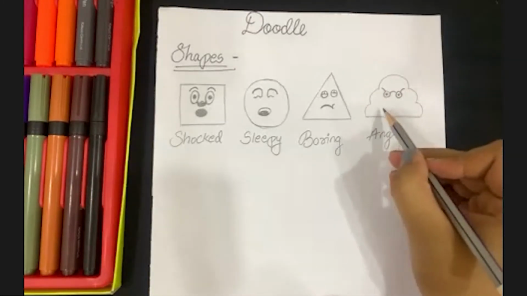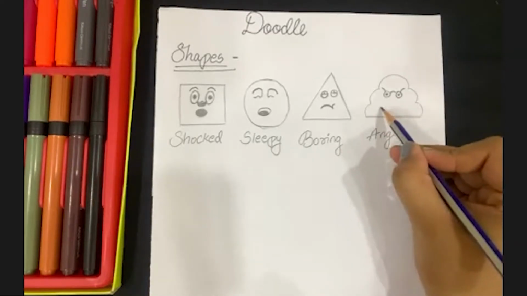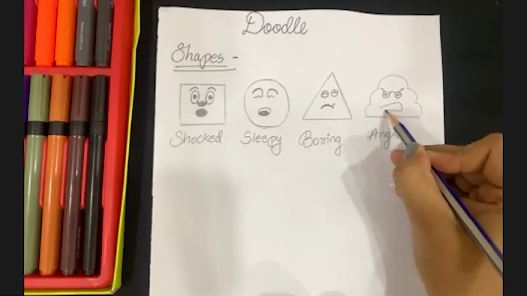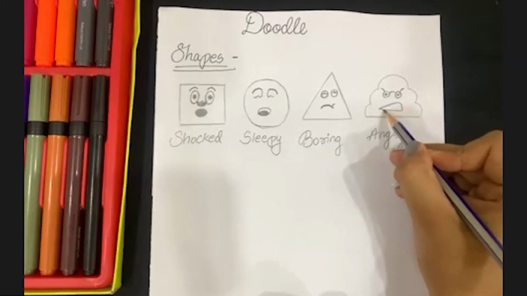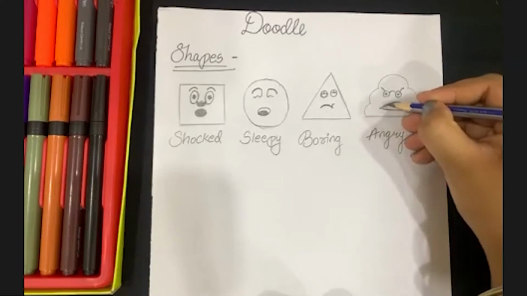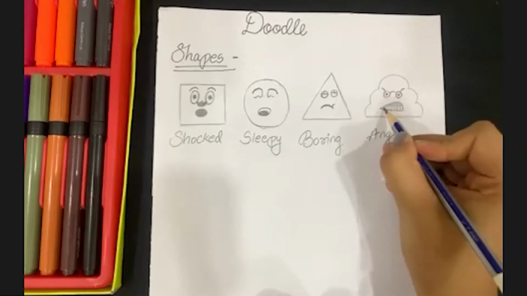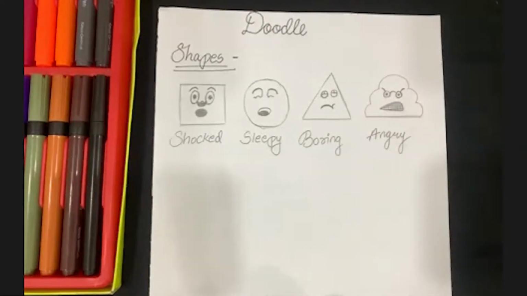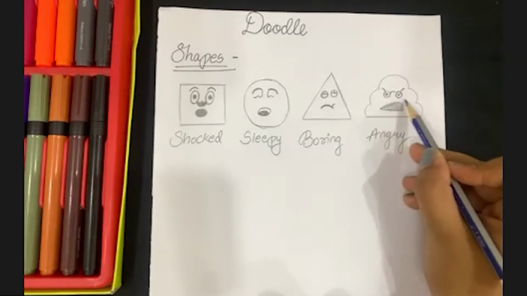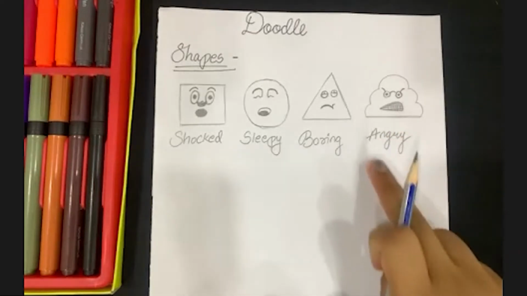Okay, so now I have to create the mouth part. So come on, everyone, have a look here. What I'm going to do is create something shaped like a slant rounded rectangle. First, I have to create the shape like a rounded triangle in the slant. And then I have to create the straight lines and slipping lines inside that. This is my angry face.